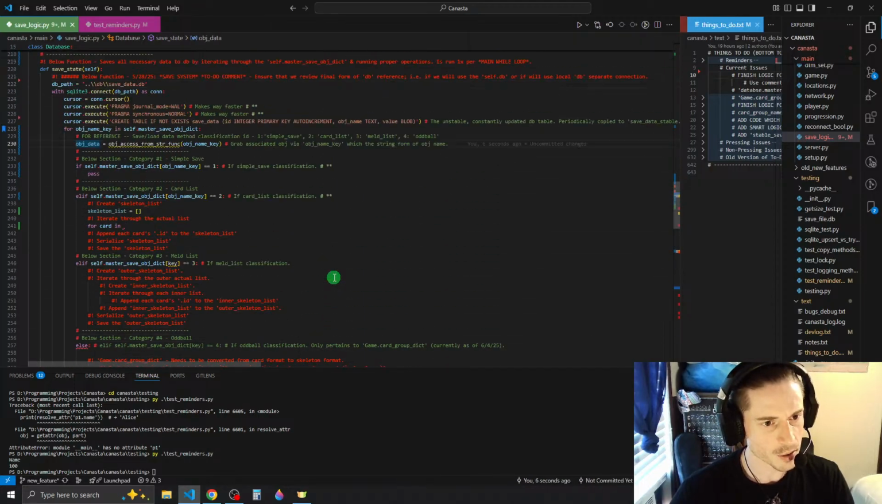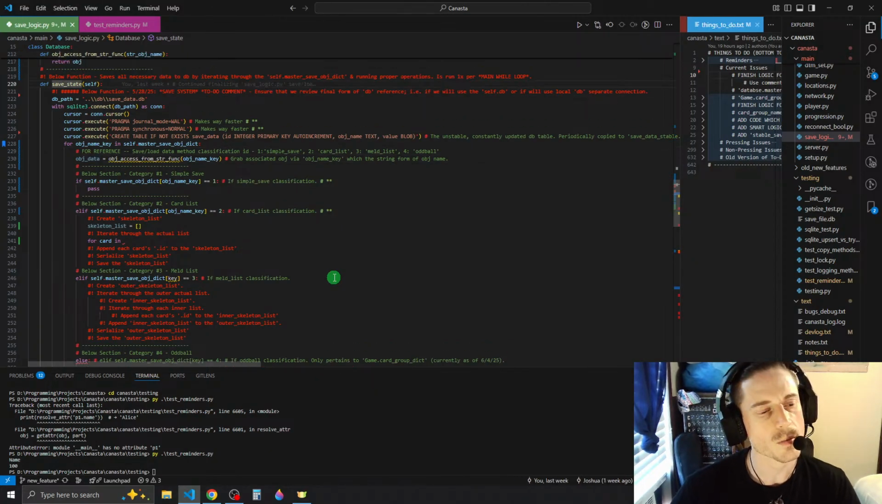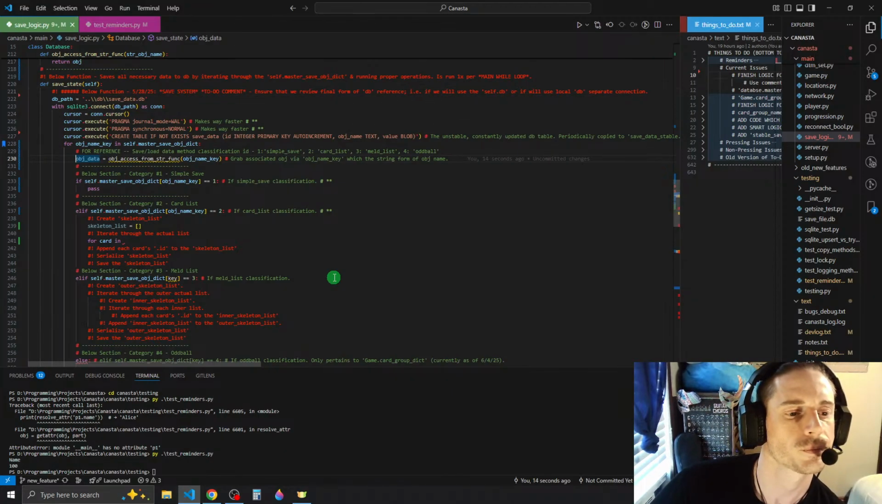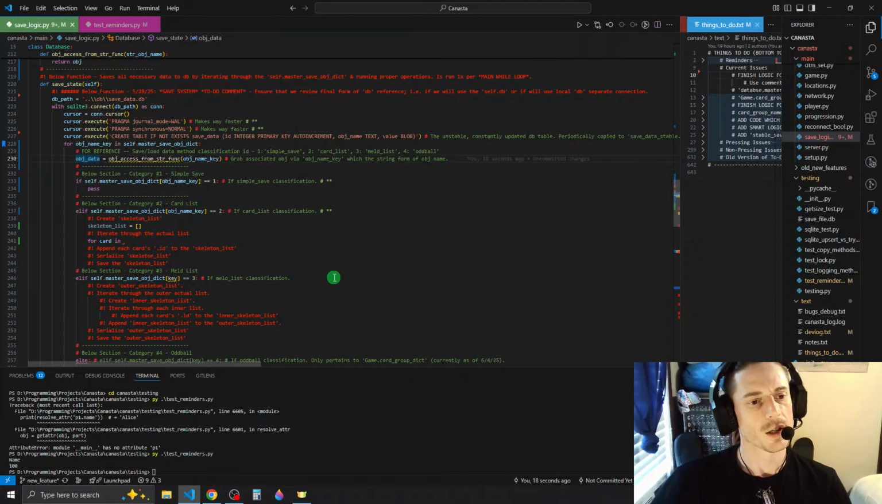Yeah, so at the beginning we would get the object data through object access from string func. And why is it white? I don't understand. It's making me upset. I don't know why. Anyway,